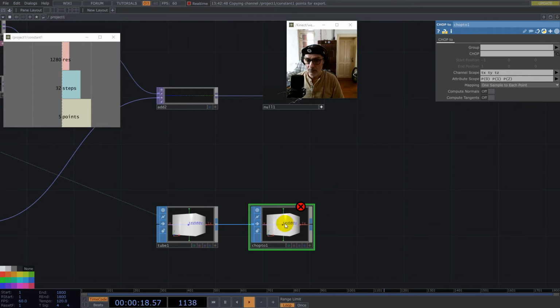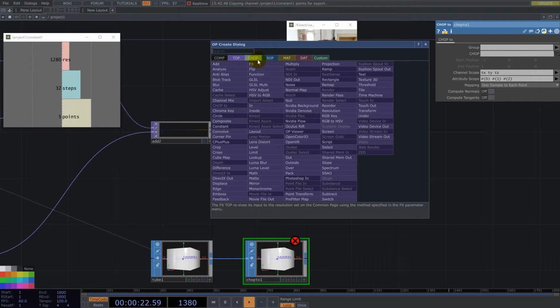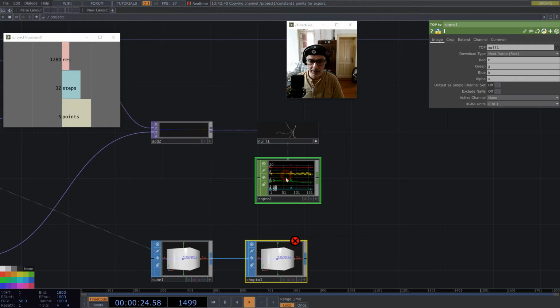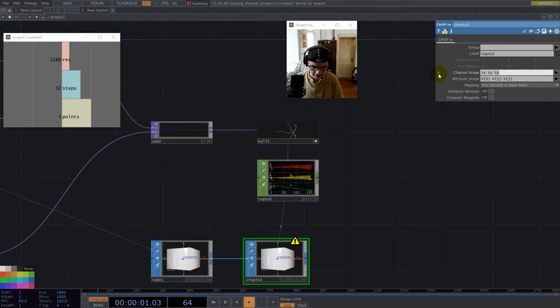with this operator we can switch the points. Okay, so right here at the top we take the points into a CHOP. We don't need alpha, and this texture goes here, and I have R, G and B. Okay,